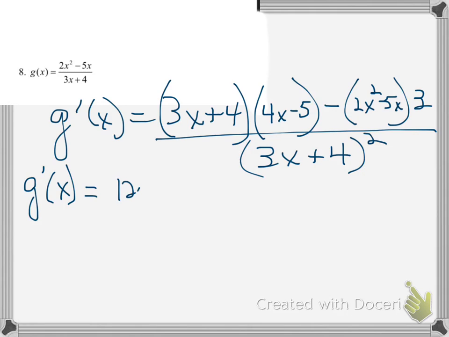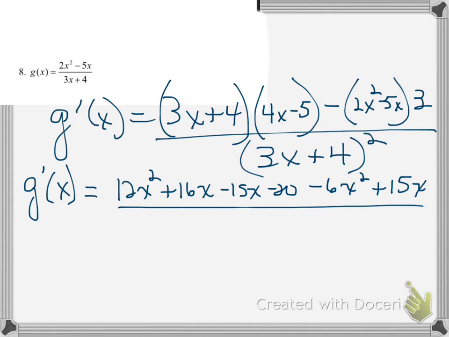So foiling, I have 12x squared plus 16x minus 15x minus 20, and I'm going to distribute and multiply. So that's minus 6x squared, minus a minus 5x is plus 5x times 3, makes that a plus 15x, all over